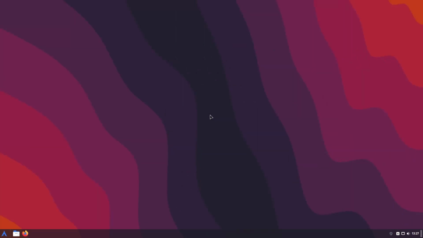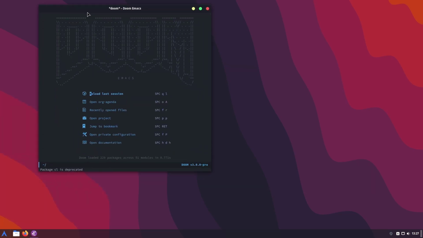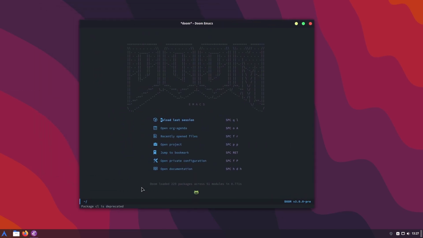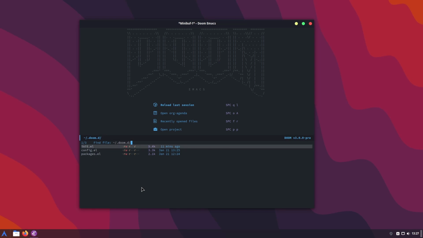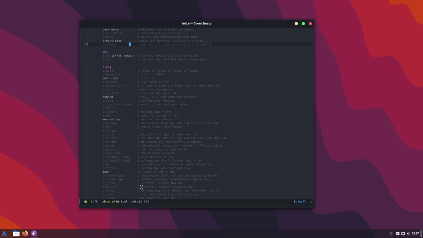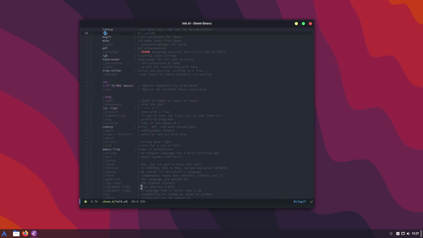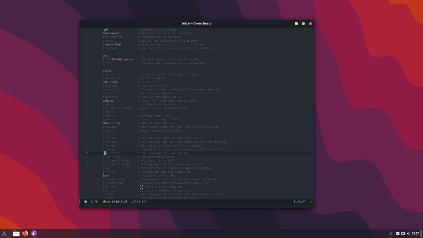So the first thing you need to do is open up Doom Emacs. Typing doom is supposed to open up Emacs. You need to go to your private configuration. Go to init.el. Now, when you're at init.el, you need to scroll down until you find gdscript in the languages category. It should say :lang, then you go down and you find gdscript right here, and then you go ahead and